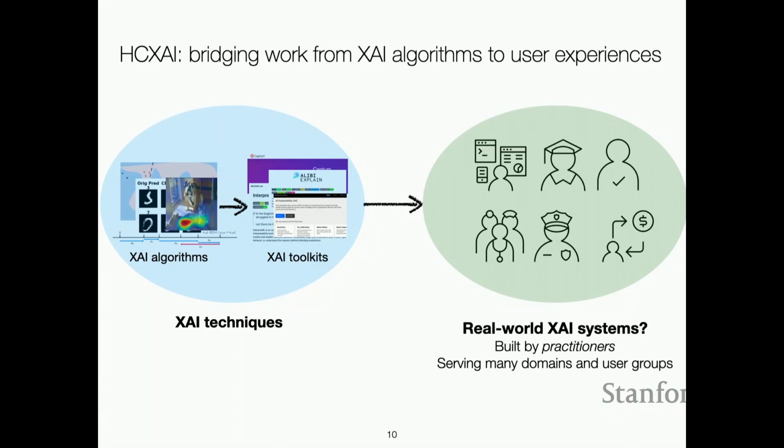So with all these toolkits lowering the barrier, I think we're really on the verge of seeing more and more real-world AI systems that have an explanation component. And I like to view this human-centered research also as bridging work, bridging this algorithmic capability to having real-world, effective XAI systems. These systems will work in many domains, serve many different users. And very importantly, they're going to be built by practitioners,